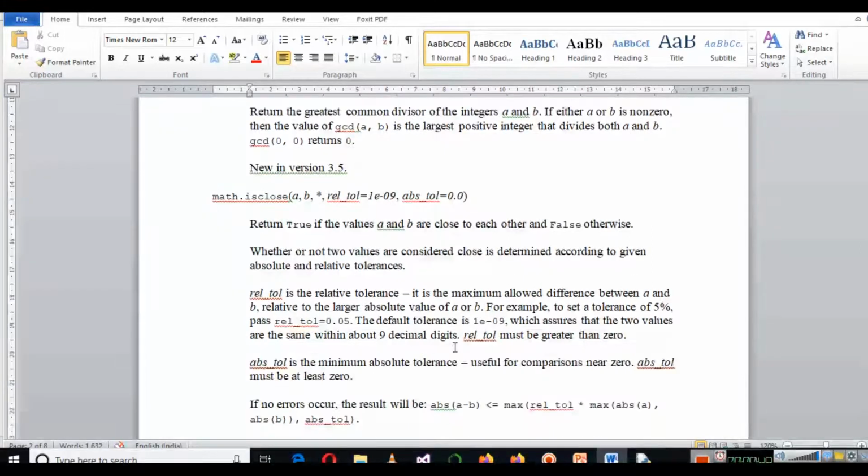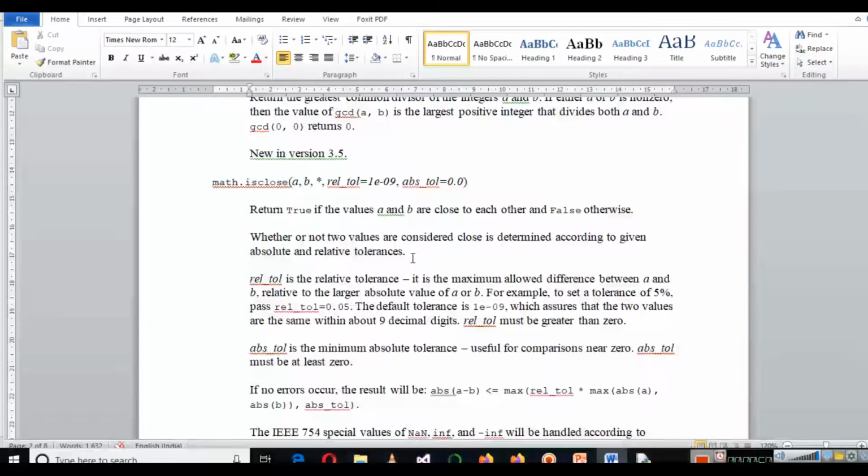Then the next method is the isclose method. This returns a true output if the values a and b are close to each other, and otherwise it returns a false output. Here we can add these parameters.